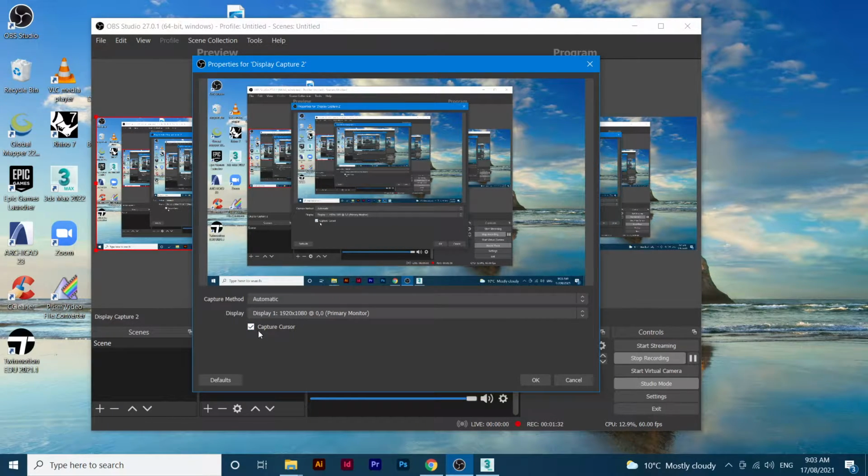And it will also ask you if you want to capture your cursor, like mine is doing right now. If you want your mouse to appear in the video you're doing, you can tick this box, or if you don't want it, you just untick it so it won't appear. But in my case, I left mine. I want the viewers to view my mouse, so I left it on, and then I press OK,